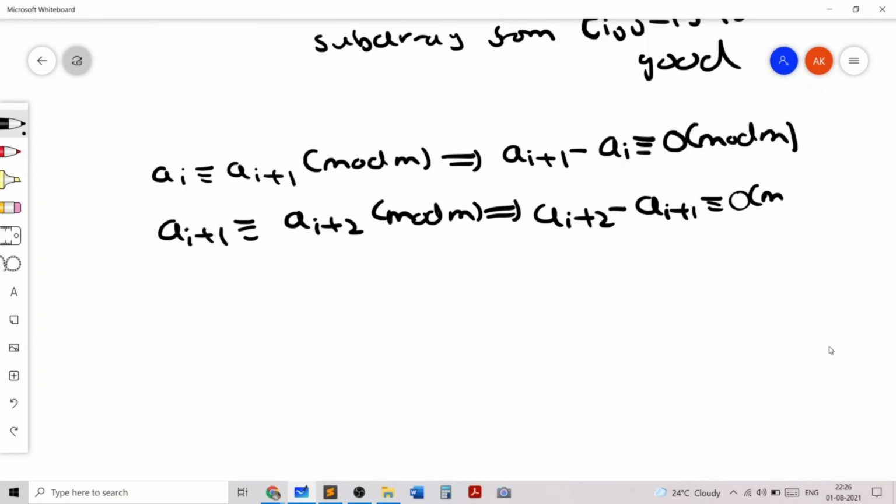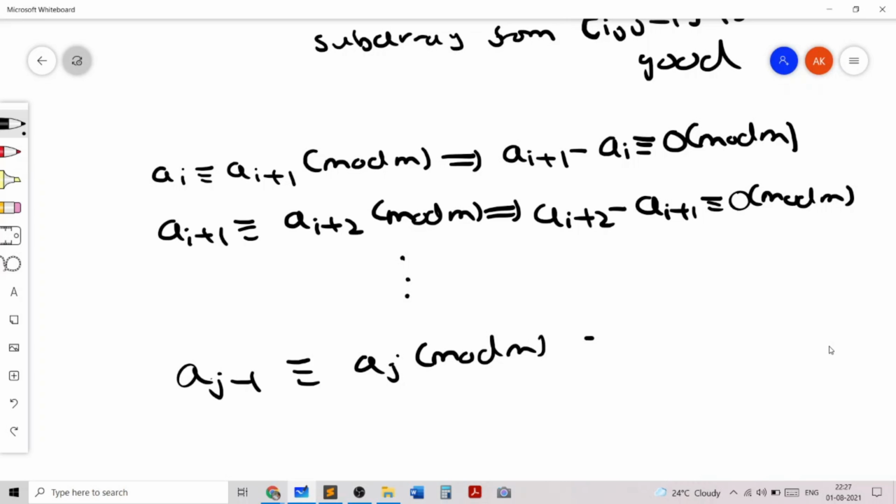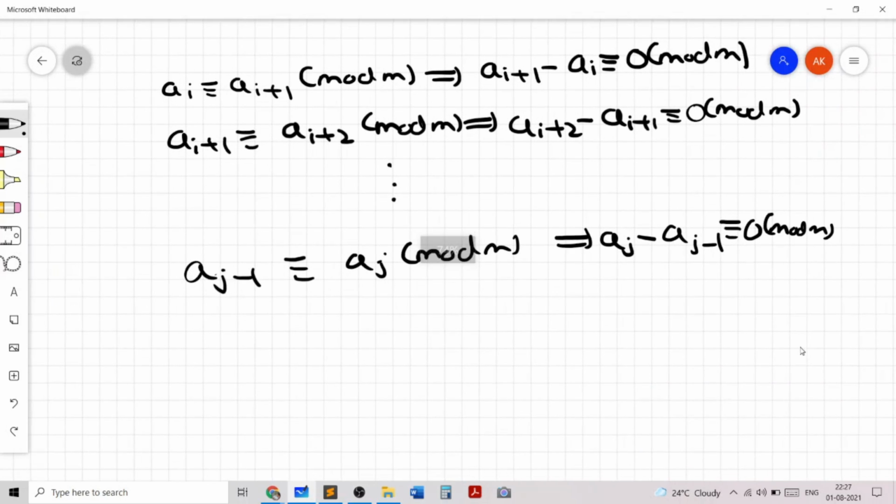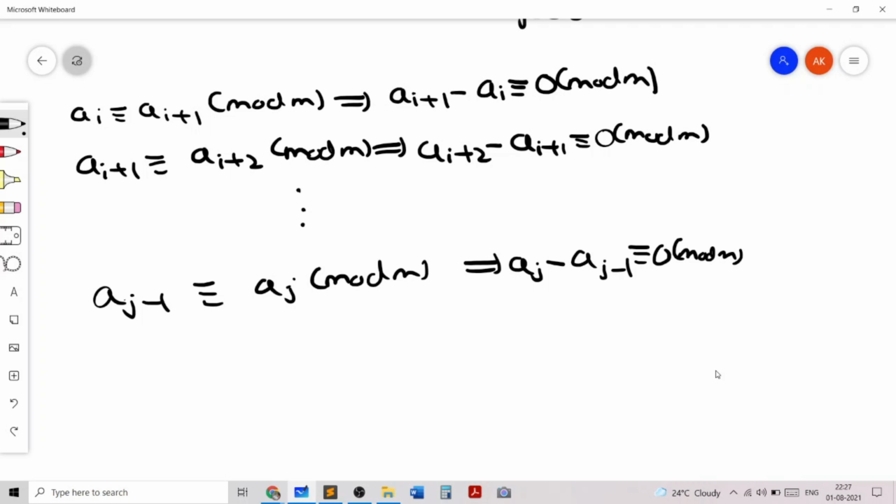And similarly, you can repeat the same logic for numbers up to aj minus 1 is congruent to aj mod m. This means that aj minus aj minus 1 is congruent to 0 mod m. And this is key because this set of equations is much easier to work with.